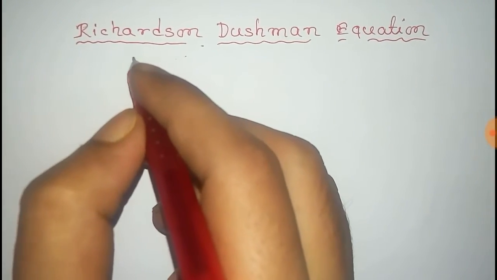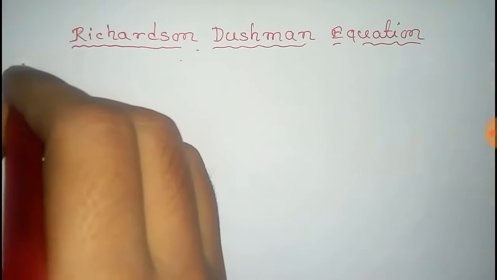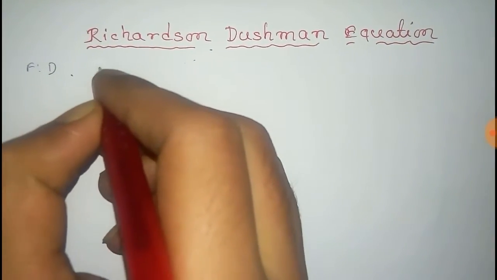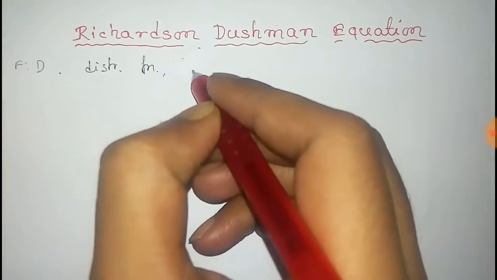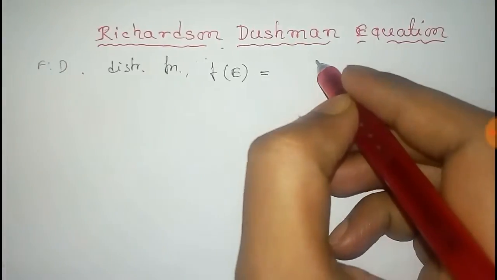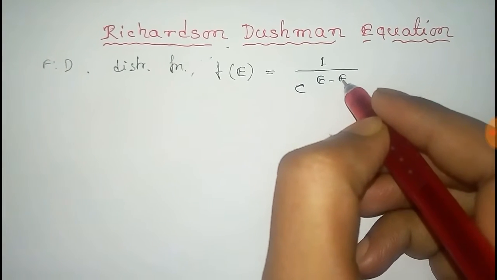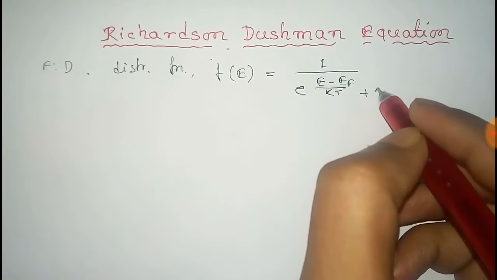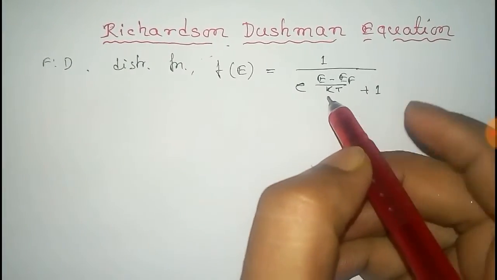In this video, we'll prove the Richardson-Dushman equation. First of all, consider the Fermi-Dirac distribution function, that is the FD distribution function, and this function is given by f(E) equal to 1 by e to the power (E minus EF) by kT plus 1. Now if you consider that the E minus EF term